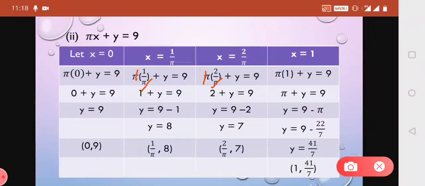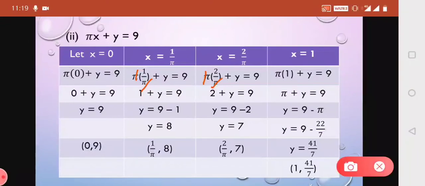In this way, you can suppose the value of x, any number, positive or negative, any integer, you can take the value of x and then insert that value in the given linear equation and find the value of y. It is not necessary that every time you select 0, 1, minus 1, 2 like this only. You can select the value of x as any integer. So further you will see in the linear equations that sometimes we will skip some of the integers in between and take such values which are the multiples of the given numbers in the equation.